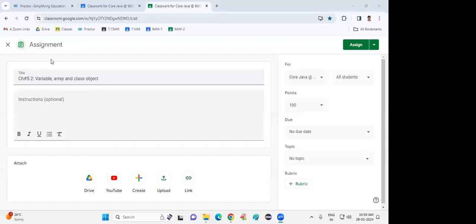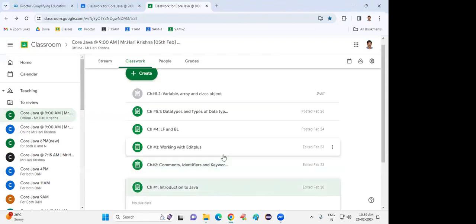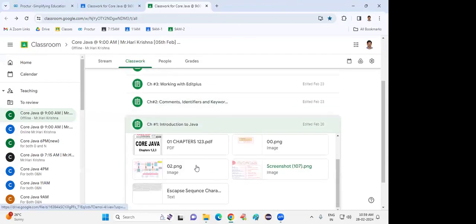Sumant, let me show you whether I updated or not updated. I'll show you. What is this? Sumant,